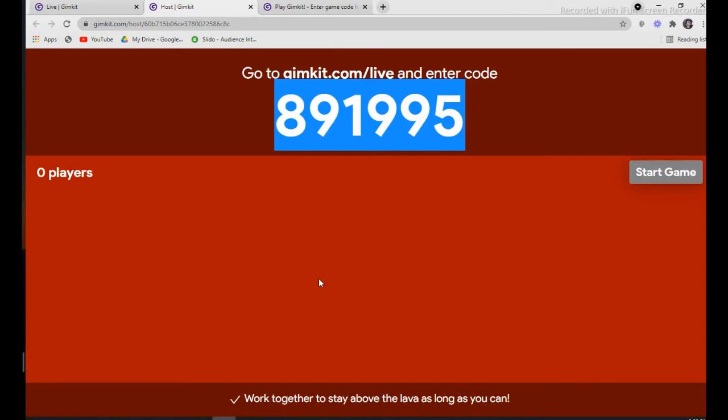When a good number of participants have been added into the game, you can start the game and play. The questions will go to the audience, and if they choose a wrong option, it will go to the next question, and until they give the right answers, the game will continue. At one particular time the game will come to an end, and you can see how much they contributed to the game, how many blocks they found, or how many things they bought by giving the right answers in the game. So this is how you can work with GimKit.